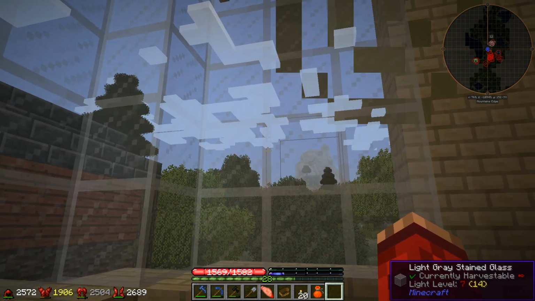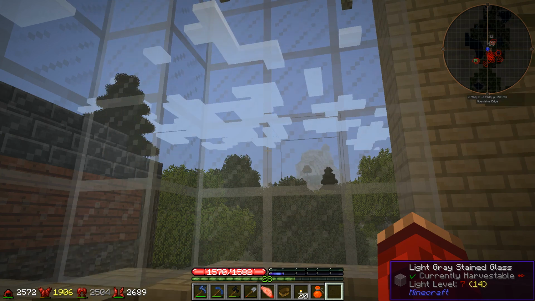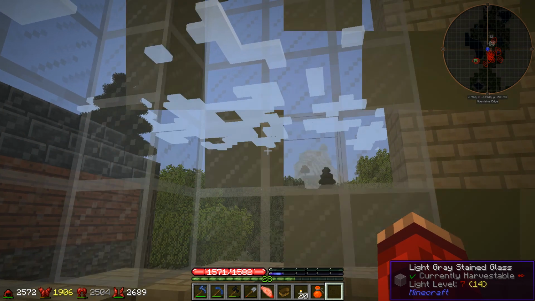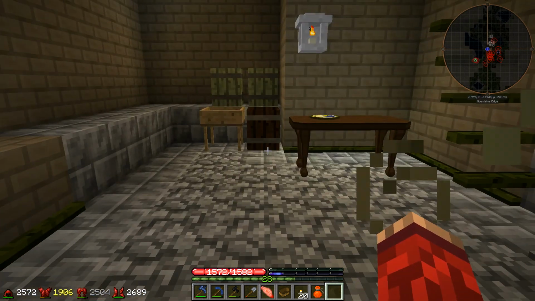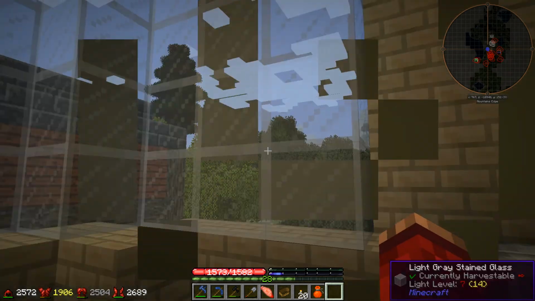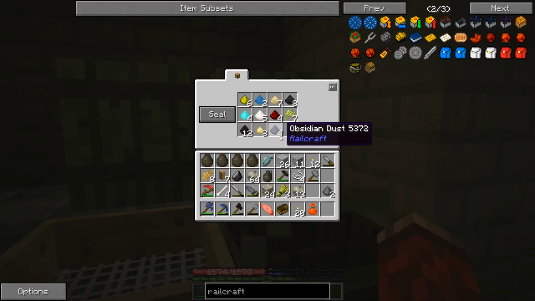Or you can make normal tracks, like you can make wooden tracks, which are rubbish, or you can make these in-between ones that are called reinforced tracks. Now, I don't think we really need the reinforcedness from mobs or something. It's not like we're going to do a nether rail, but they are faster, these reinforced tracks, and all you need is obsidian dust, which we get from